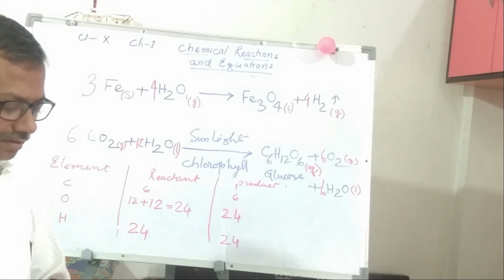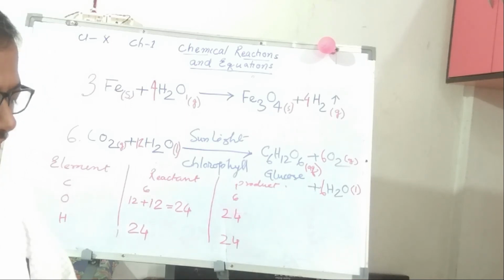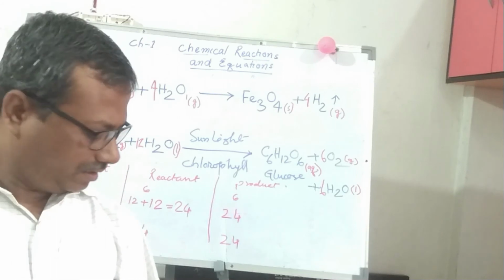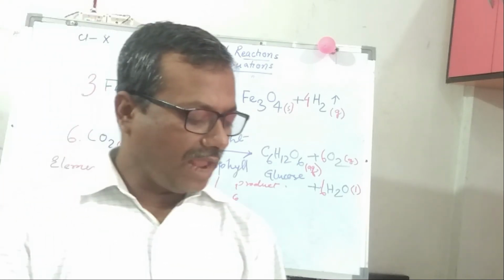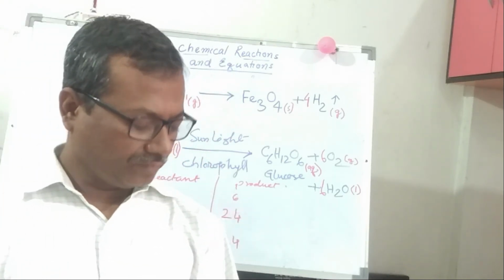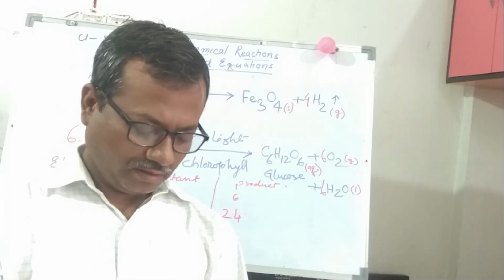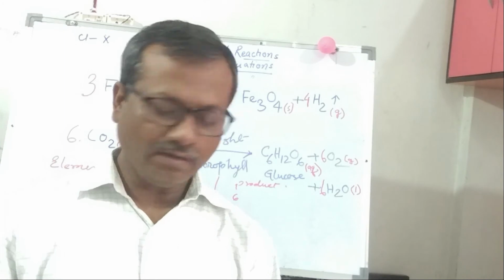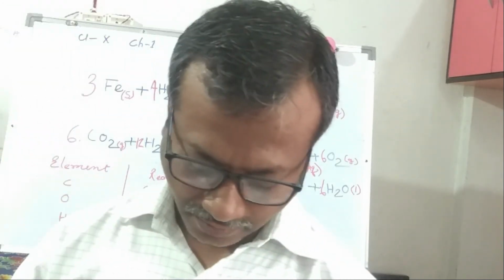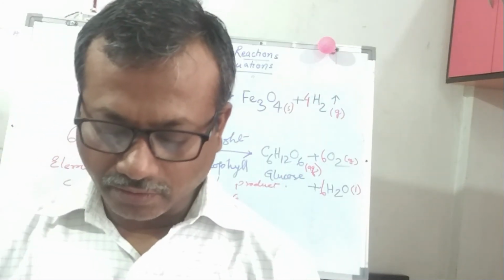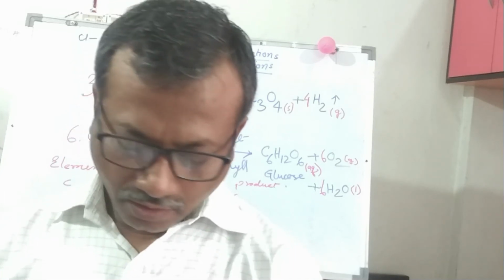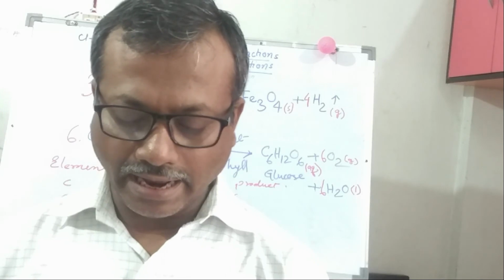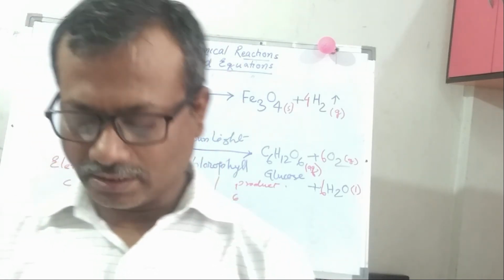So my dear students, now I am turning over the page. You turn over to page number 6. Types of chemical reaction: combination reaction, substitution reaction, and there are many other kinds of reactions. Now we are going to learn more about types of chemical reaction, combination reaction, and decomposition reaction.